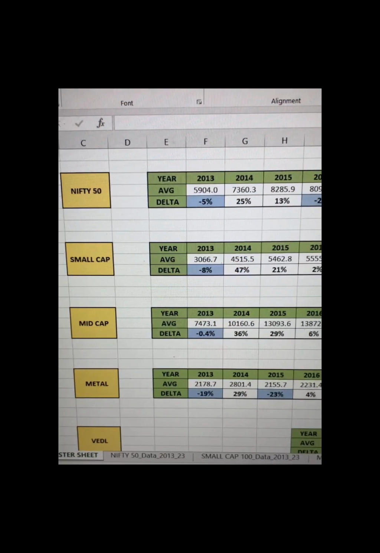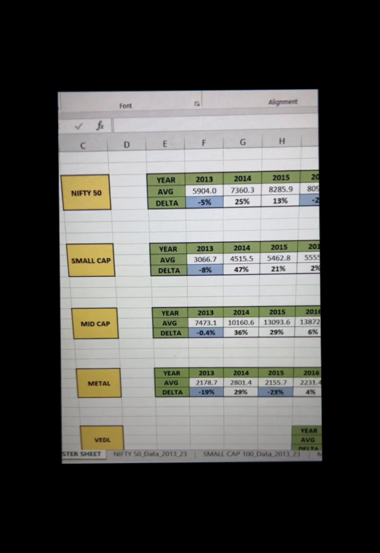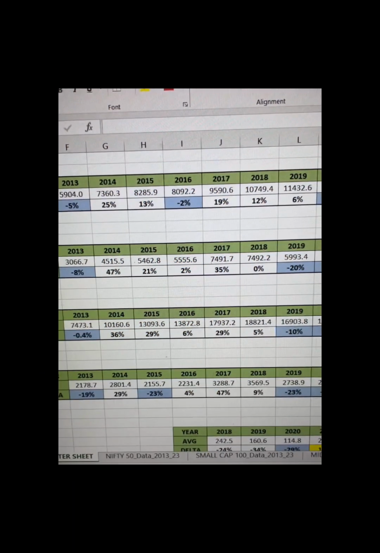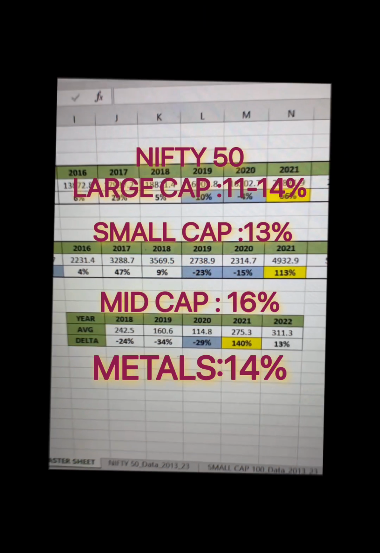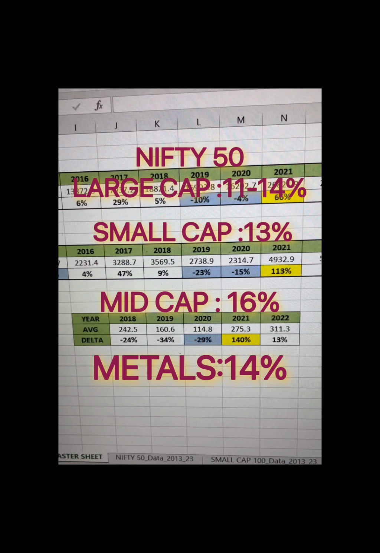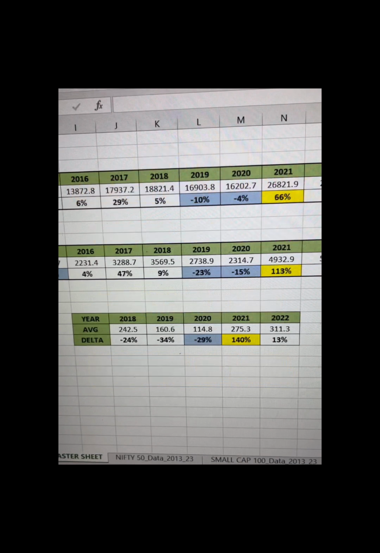So guys, let's come to the conclusion of this video. I have not included Nifty 50 data here because I have already made a short on Nifty 50 analysis, where you get around 14% annual return. So Nifty 50 is also a very good option. We have seen every analysis: large cap, that is Nifty 50, then mid cap, then small cap, then the metal industry, and my favorite Vedanta. These analyses I have done very exhaustively.